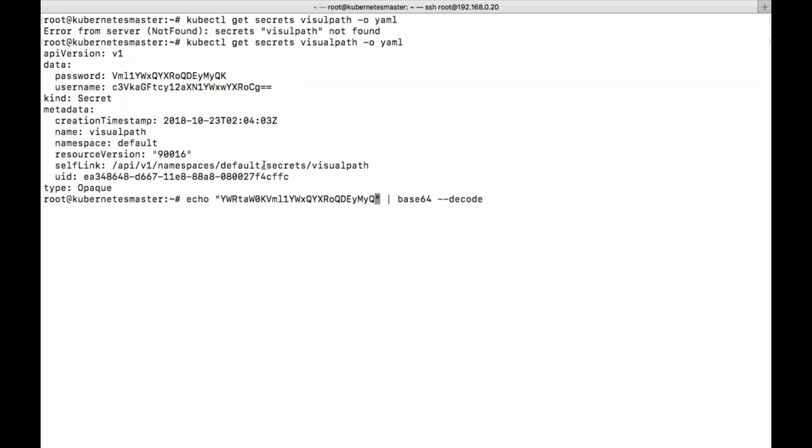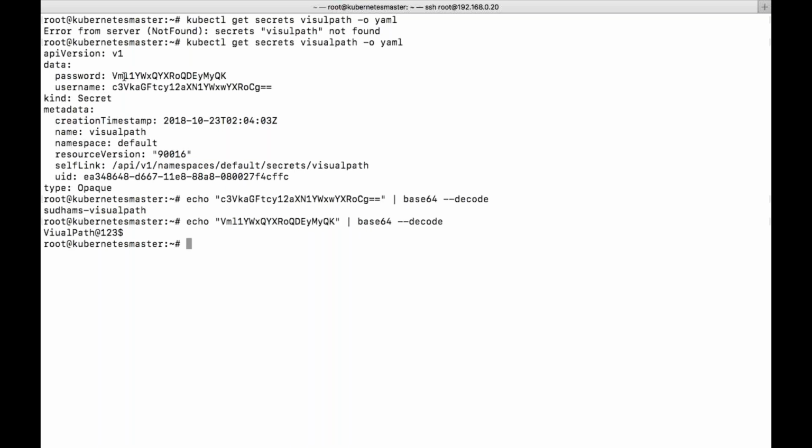And let's give these two values. So that is the actual username, and this is your actual password. So that is my username and this is my password, which I am using right now. This is how I have created it. You can see the separate key and value pairs. This is called your key and this is called your value.